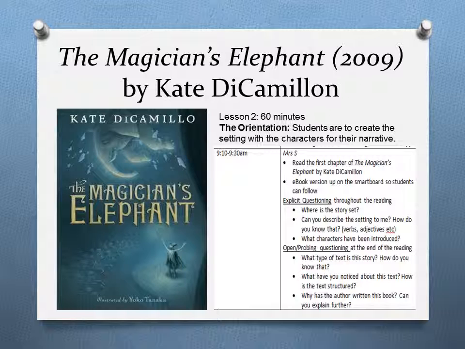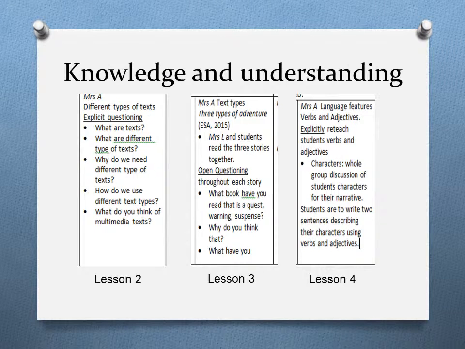The book is available as an ebook and will be up on the smartboard as I am reading to scaffold the students' reading ability. Students will also be asked a series of questions, explicit and open, throughout the reading to gauge their understanding. Their knowledge and understanding will also be shown through the narrative. The Year 6 students are all of similar ability levels, and Miss Allison is confident and has the ability to explicitly work with the students to build on their understanding of text structure and organisation through open questioning.